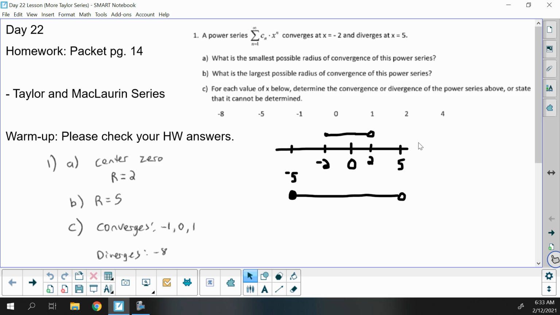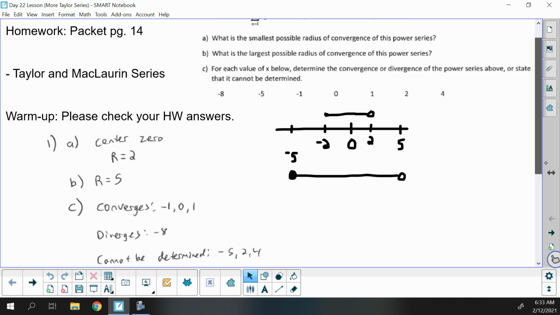And then the biggest possible we could have, we know we're diverging at 5, so 5 can't be included. Well, hypothetically, we could have negative 5 be included on the other side. So the bottom is the biggest it could possibly be, the top is the smallest it could be, or it could be somewhere in the middle. So what's your smallest possible radius? Well, it would be 2. Your largest possible radius would be 5. And then for each of these values,